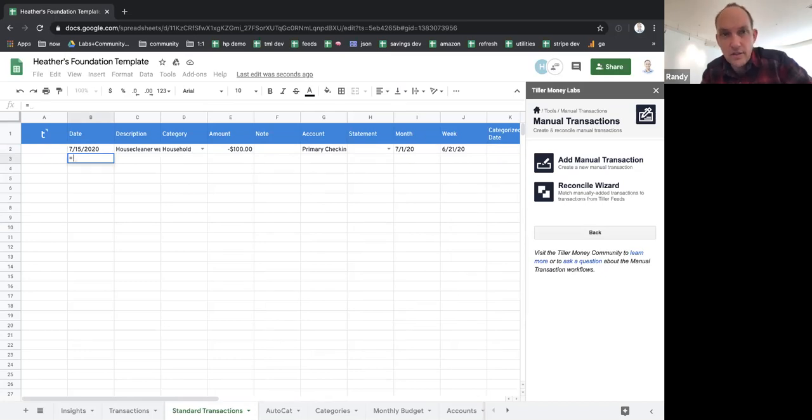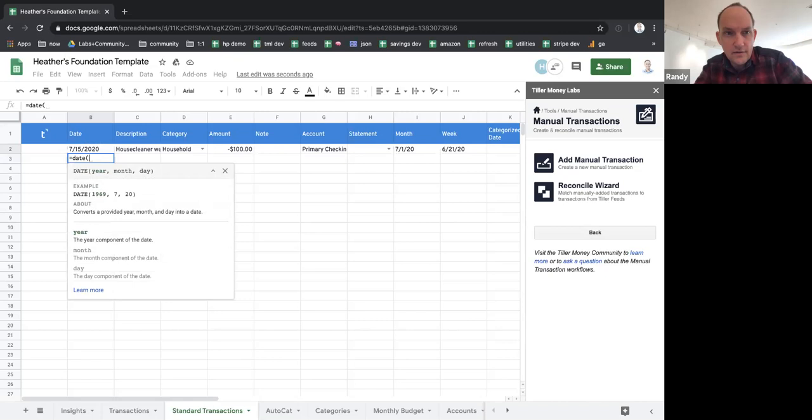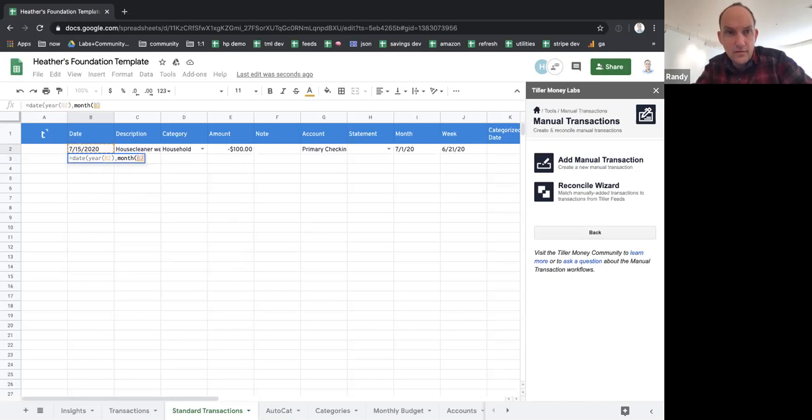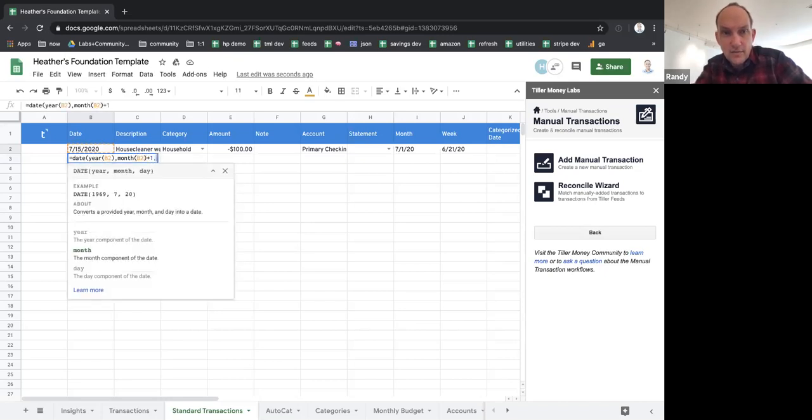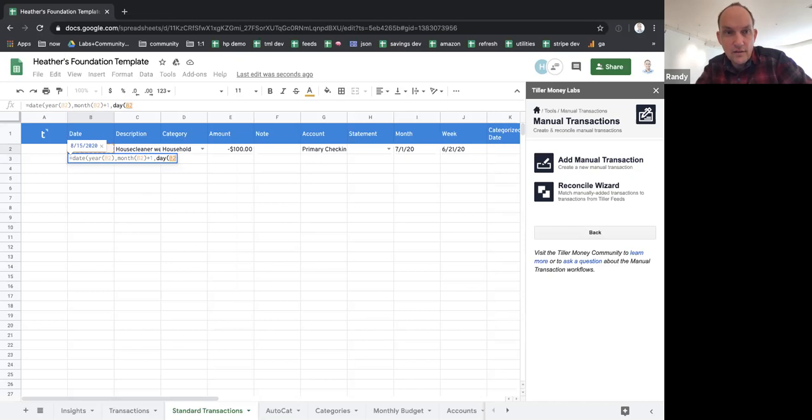Well, you could actually write a formula here pretty easily that just moves this to the next month. That would look like date, and then get the year from the one above it, the month from the one above it, but then add 1 month, so the next month, and then the day from the one above it. So this will create a transaction on the next month. The formatting is a little off here, but you can see that it's basically